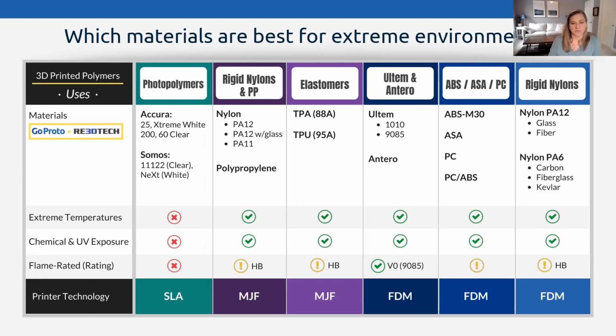Maybe one thing you can address is, I know this varies a lot, but the approximate volumes you can get out of these technologies. Realistically, I know that's in the thousands for MJF, whereas SLA, I think you probably wouldn't reach that point. Unit volumes, excuse me. Yeah, with SLA, it depends on the application for all this stuff, but with SLA,